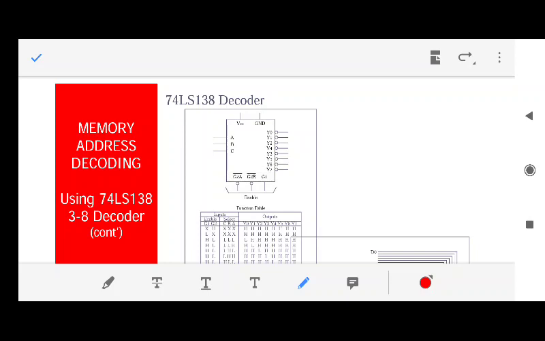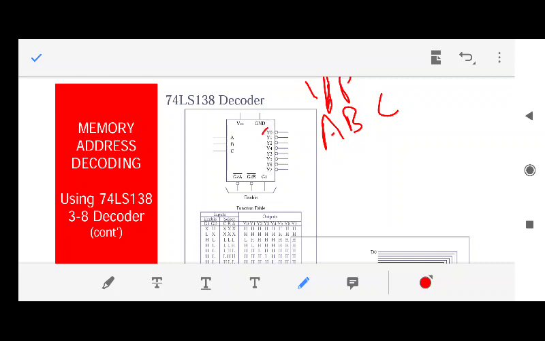IT and CS students know how a decoder works, but let us explain it once again, so that mechanical and civil students or all other stream students can also understand that depending upon the input, these are the input, and you have how many outputs? You have 8 outputs. Fine. Starting from Y0 to Y7, 8 outputs.